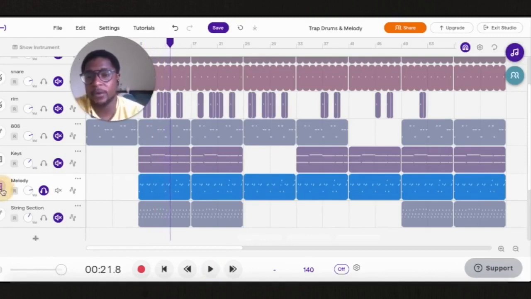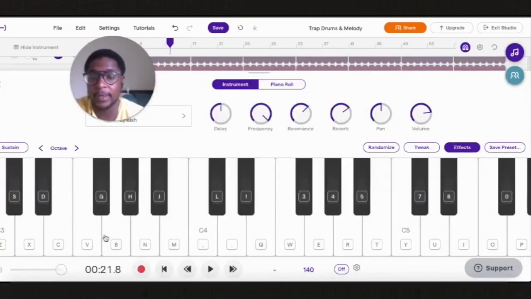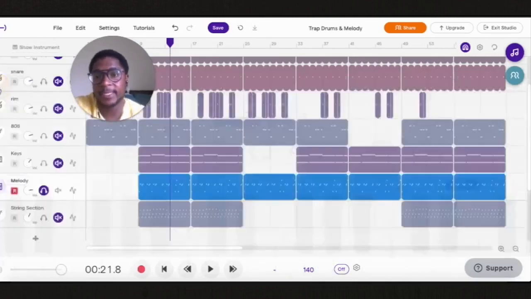I played this out using the keyboard on Soundtrap. It's very easy to come up with melodies. It's just finding the right keys that sound good together